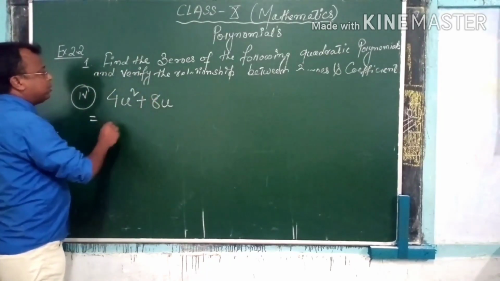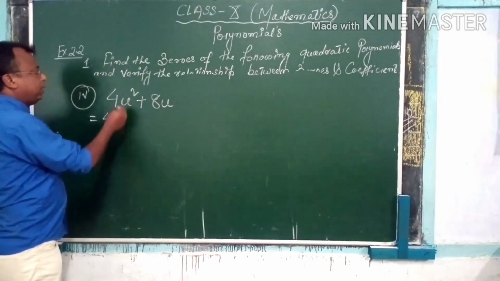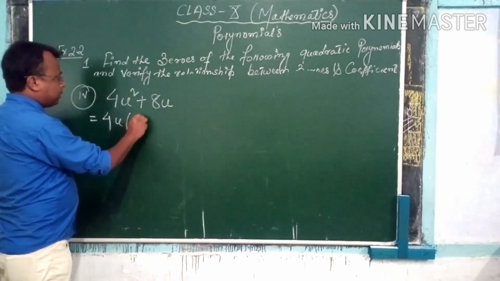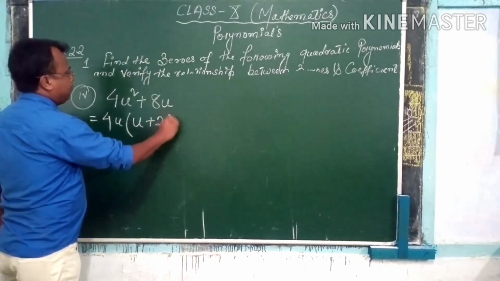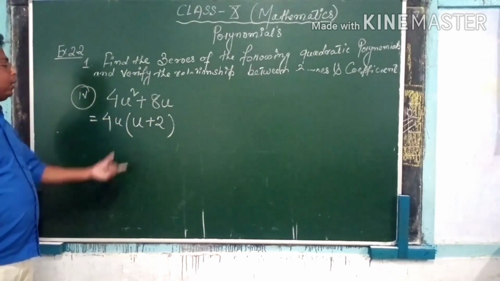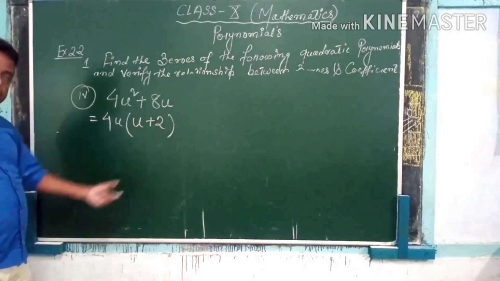What are the common factors here? 4 is common, then u is common. So it is 4u times (u plus 2). Finish. So these are the factors. One factor is 4u, another factor is u plus 2. Alright. Now